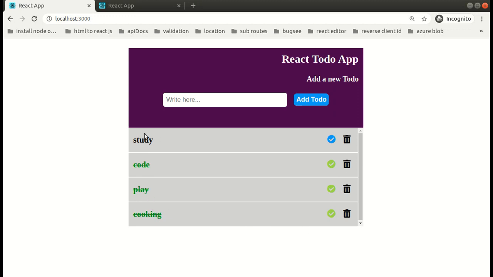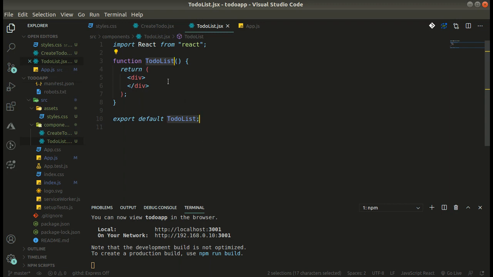What should we have? We should have a simple div, and that div should have a max height, and after that height we will show the scroll. And what else? We have this unordered list, and the list has the title and these two icons, what we call the Font Awesome icon. So let's quickly code. We have this div style.